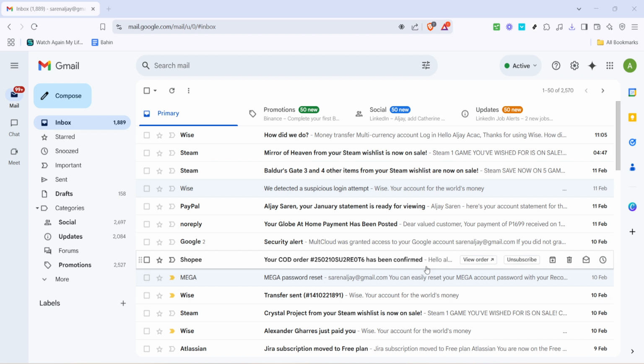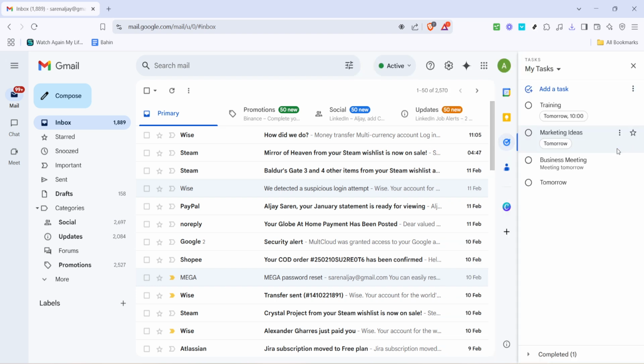Now direct your attention to the right hand side of your screen. You'll notice an icon that looks like a blue check mark on a yellow background. That's the Tasks icon. Go ahead and click on it. This will open up the Google Tasks panel, a handy sidebar feature that allows you to capture important to-dos without